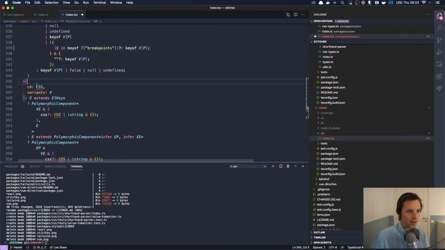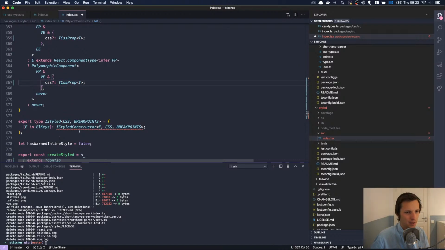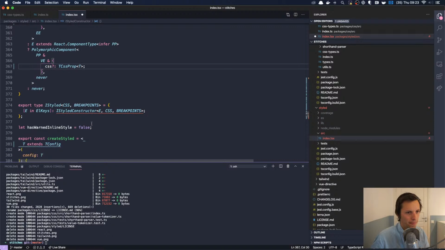Breakpoints T default CSS T, and now T CSS prop T. Okay, come on. I'm looking forward to seeing this. And if it breaks now, I'm going to be super angry, just so you know.